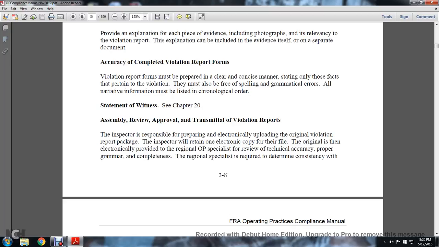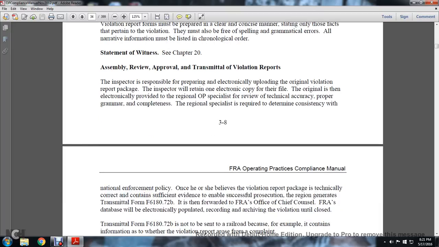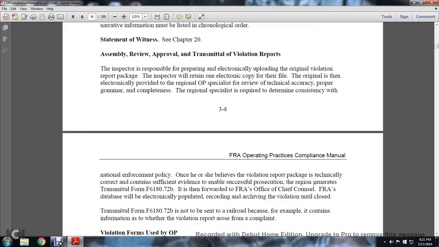Assemble the review and approval transmission of violation reports. The inspector is responsible for preparing the electronic upload with the original violation report package. The inspector will retain only one electronic copy of the file. The original is provided to the regional operating practice specialist, who reviews the technical accuracy, proper grammar and completeness, and is required to determine consistency with national enforcement policy. Once he or she believes that the violation report package is technically correct and contains sufficient evidence to enable successful prosecution, the region generates the transmittal form